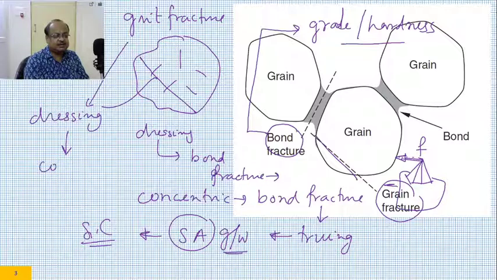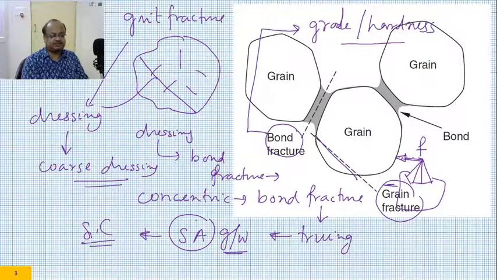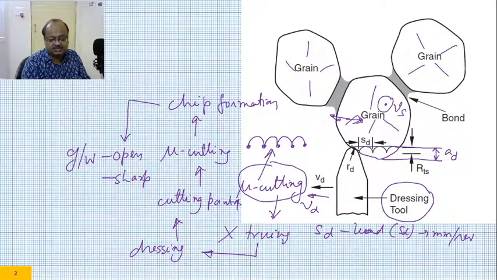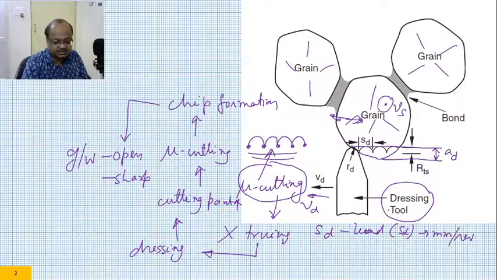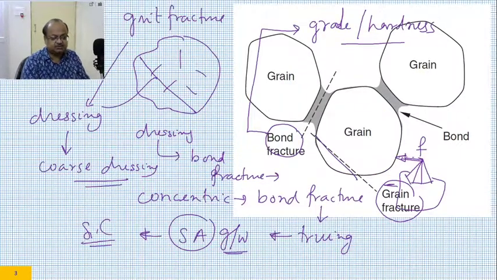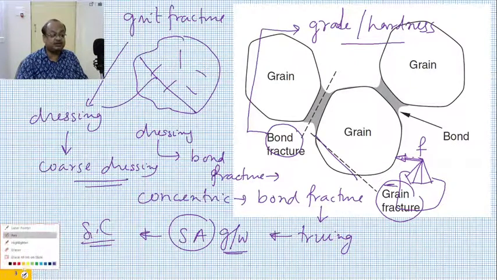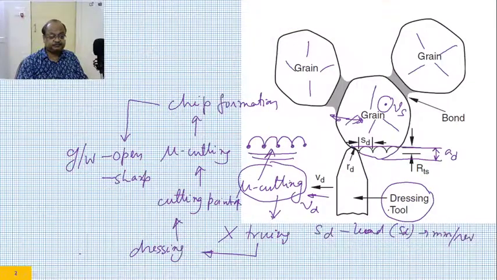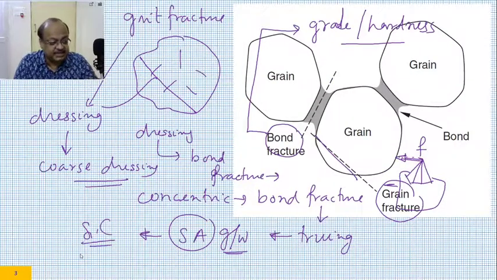So this can be talked about as desirable in case of dressing. This is desirable in case of coarse dressing. When your dressing parameters are aggressive, then this kind of grit fracture will take place. When your dressing parameters are mild, then micro cutting by the diamond single point dresser would take place, and it would generate multiple cutting points. So these are the three mechanisms which are prevalent during dressing and truing operation. What are they? Let me get another slide.